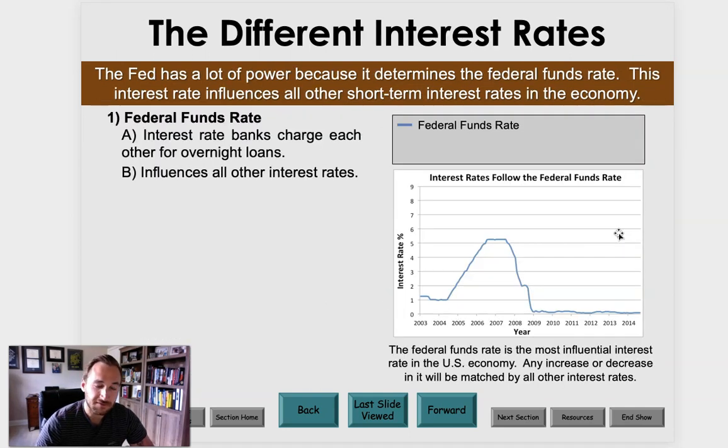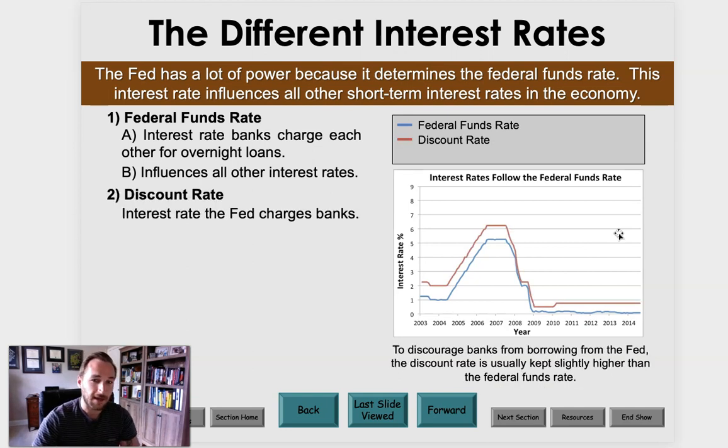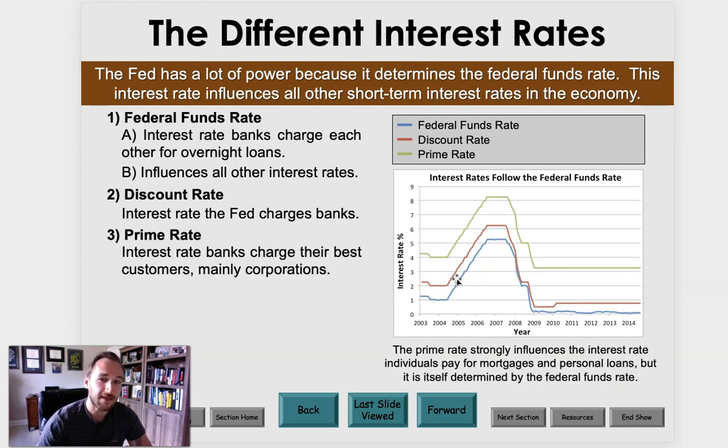So the federal funds rate, that's what the Fed loans money to the banks at. You can consider that to be the wholesale price or the rock bottom rate. Now banks, this is what they end up paying the Fed. So you see that red line there is a slightly higher amount. So they pay a little bit of a premium to get the money from the Fed. And then when they turn it around and lend it to consumers like you and I, you see the markup. So the gap to that green line right there shows the higher amount that we pay.